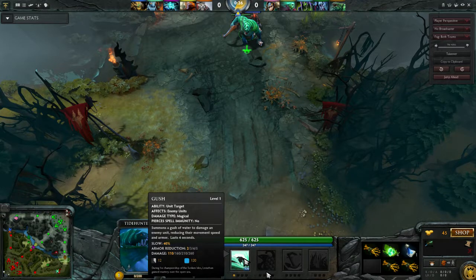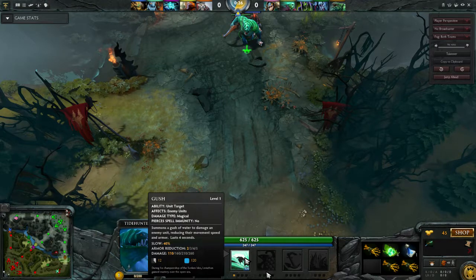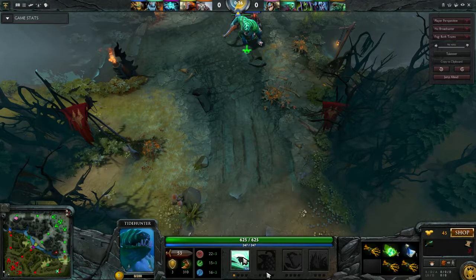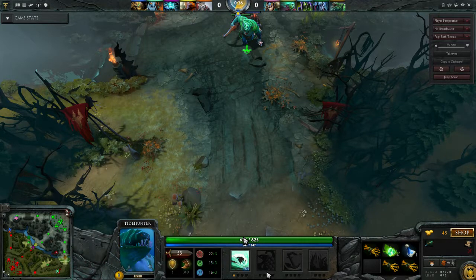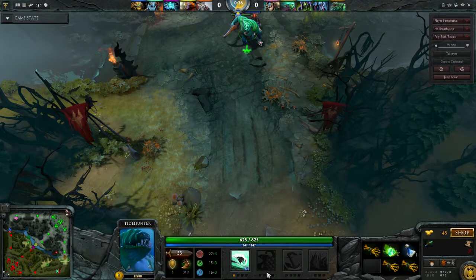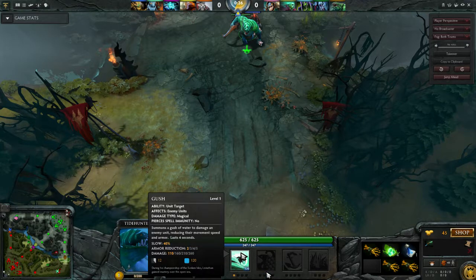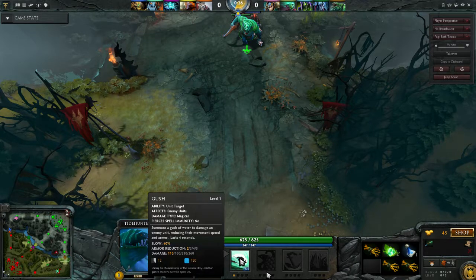With Gush it's 120 mana, like you can cast Gush twice on your base mana pool and that's it. And it's only like 110 damage, it's not a lot. And then you're just sort of spent. You can really not do a lot with this. Like if the Juggernaut spins you, Blade Furies you, he's magic immune anyway, so you can't use this on him. And the Jakiro will be out of range, so I don't really know why this is the